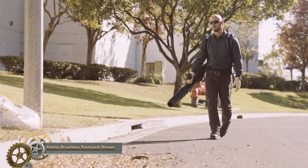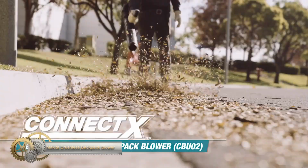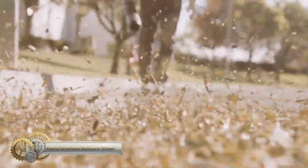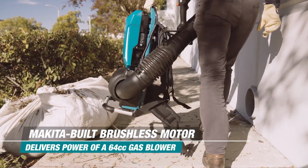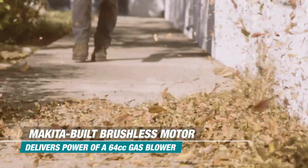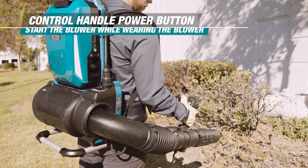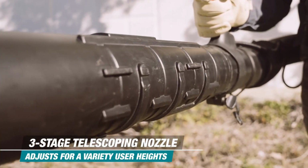The Makita Brushless Backpack Blower is a cordless, eco-friendly alternative to gas-powered outdoor equipment with a Makita-built brushless motor that delivers a high blowing force of 22 newtons. The tube-mounted variable speed trigger adjusts between 0 to 670 CFM for power and runtime management, and there is a